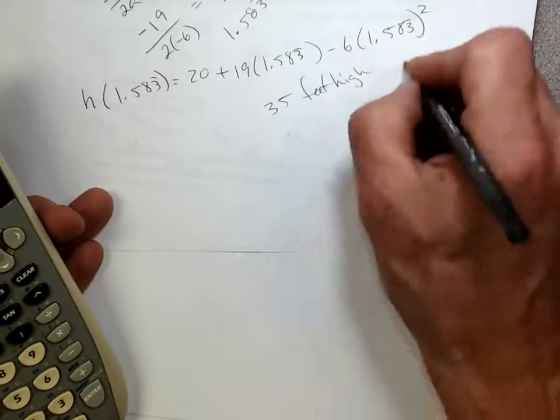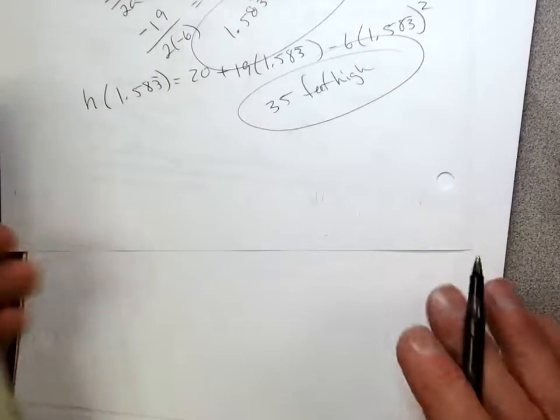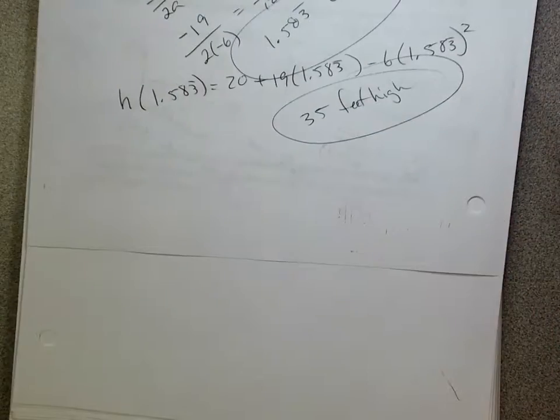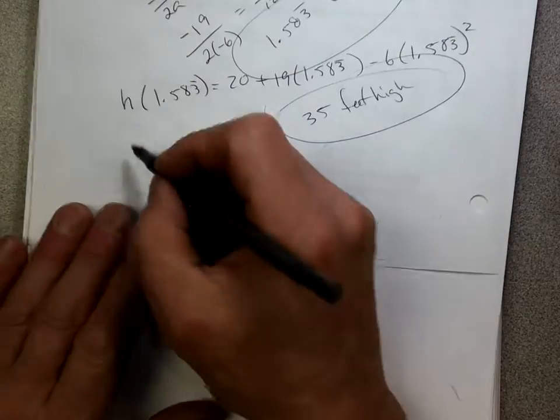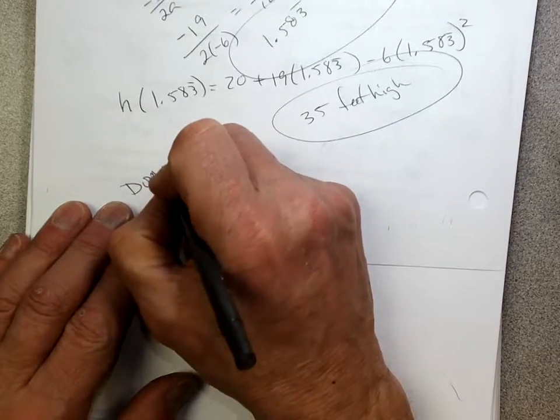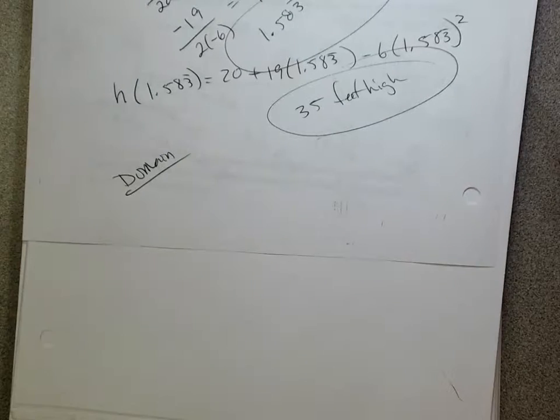high. Okay, now, domain and range. Okay, domain is the x value, right? Domain's the x value, but we don't have an x value. What is our x value? It's called a t, right? So it's our time. Greater than 0, but less than 4, okay? So domain is,